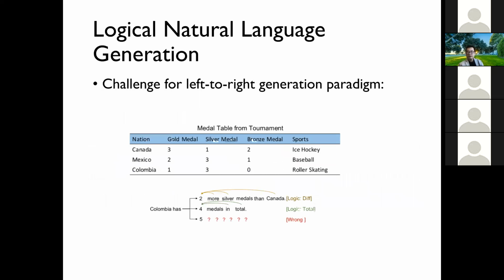I will also tell you a little bit about other challenges in this logic-based NLG problem, so that you understand a little bit more about why the classic evaluation might fail in this case. I think one challenge is the classic left to right generation, like beam search or greedy search. For example, in this case, if you start with Columbia has like 2 or 4 or 5, well, if you generate a number